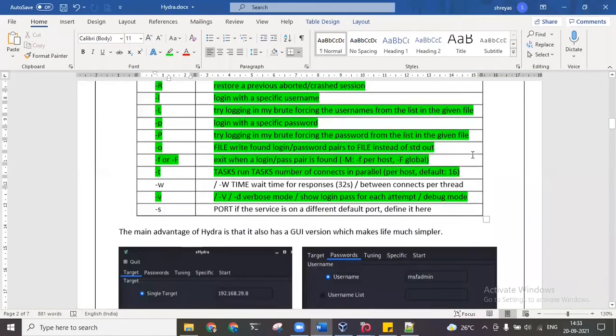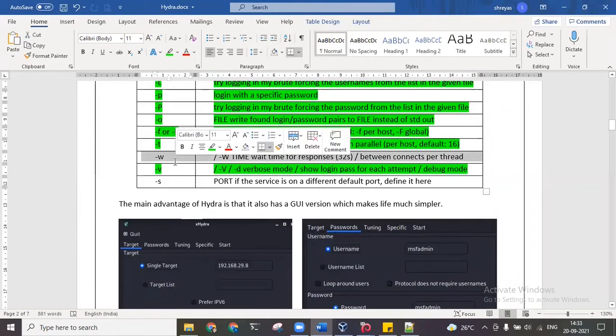Next, this is wait time. Suppose we want to wait between each thread, I want to put a manual stop, like 2 seconds, 4 seconds, 6 seconds, 8 seconds. There may be some systems which have firewall policies that do not allow this many connections simultaneously. So we can put some wait statements also.